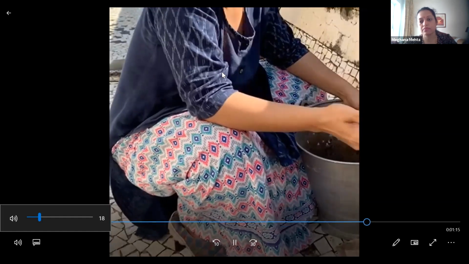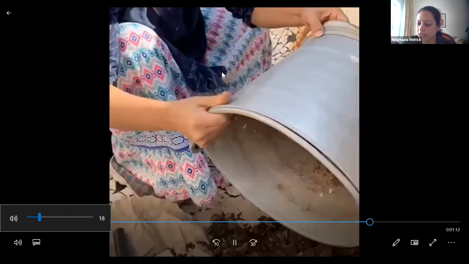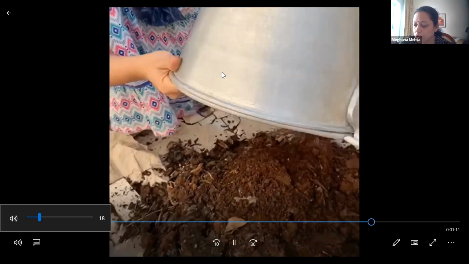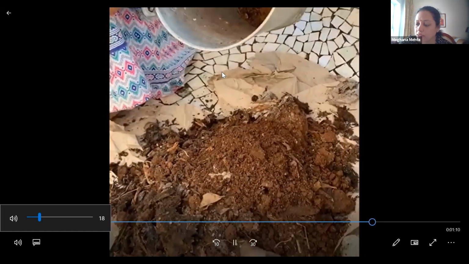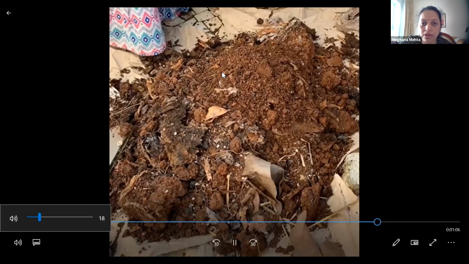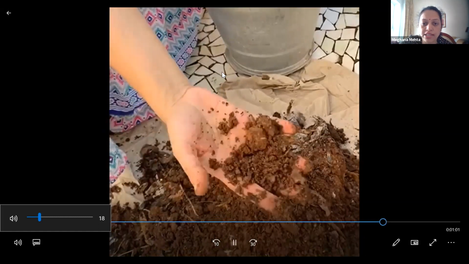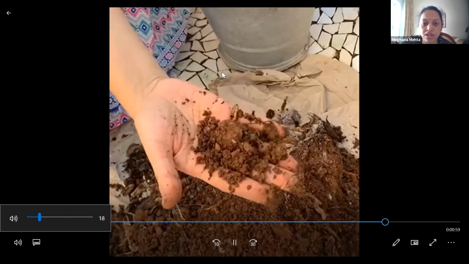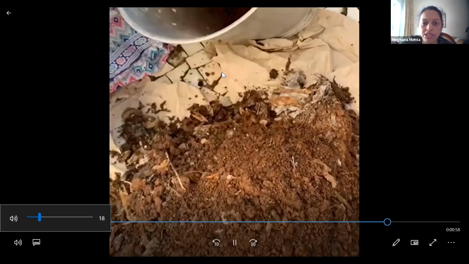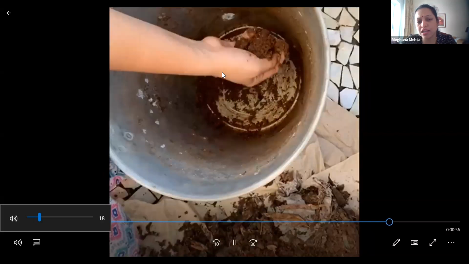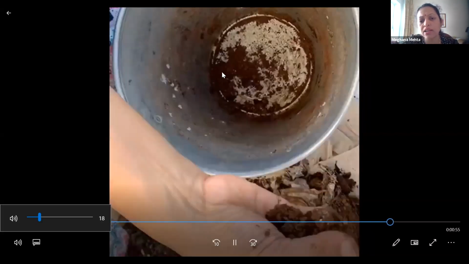So you see the beautiful soil out there that will be used for growing my crops, my microgreens, for my balcony gardening. That's the soil. How is the texture? How is the color of the compost that you make? It's a little brown, a little more to the black side.